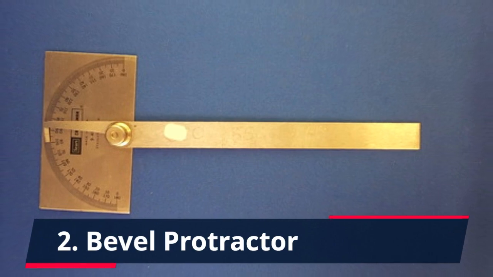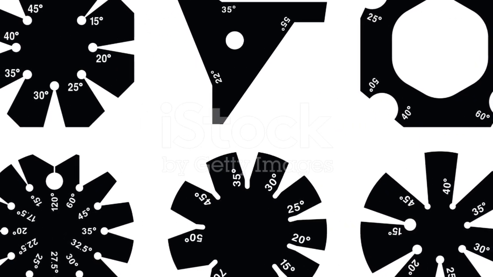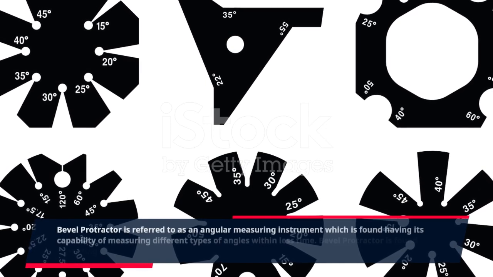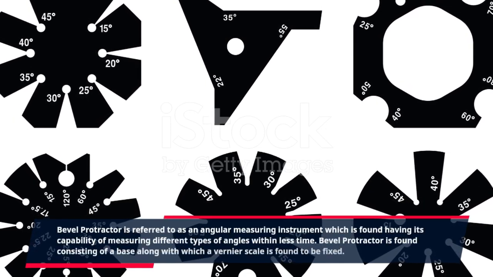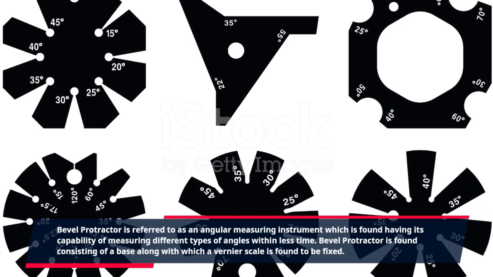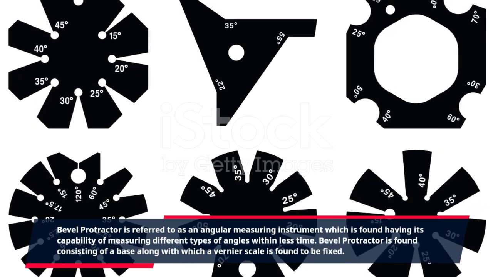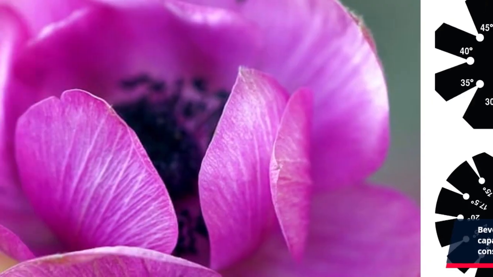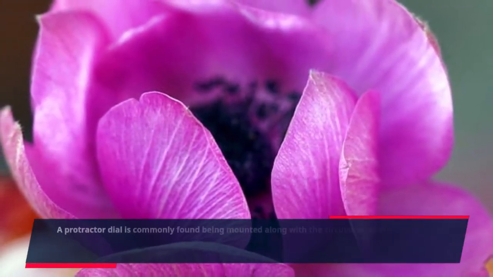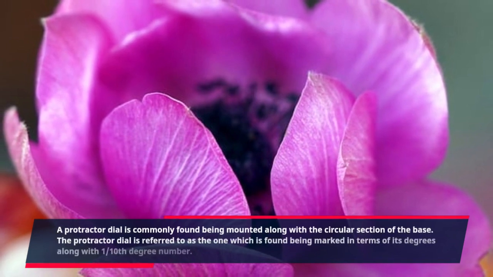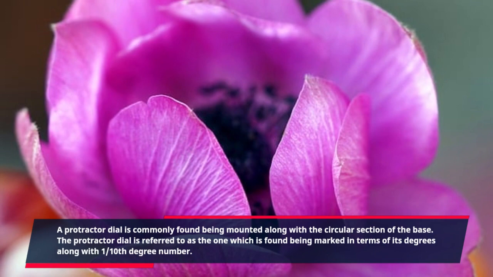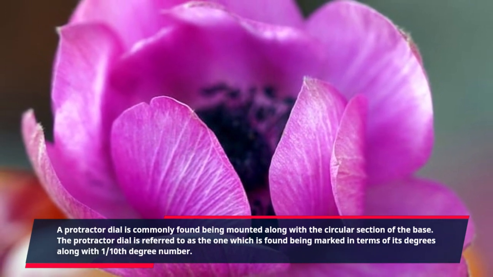2. Bevel protractor. A bevel protractor is an angular measuring instrument capable of measuring different types of angles in less time. A bevel protractor consists of a base to which a vernier scale is fixed. A protractor dial is commonly mounted on the circular section of the base. The protractor dial is marked in degrees